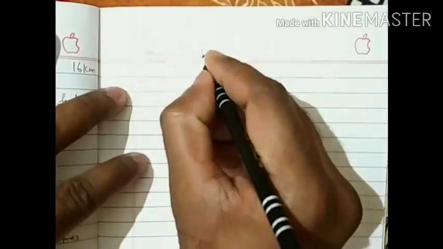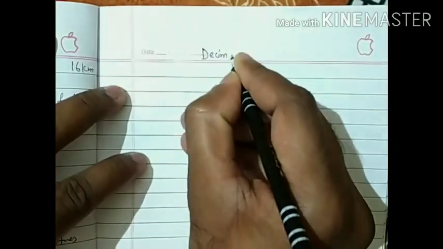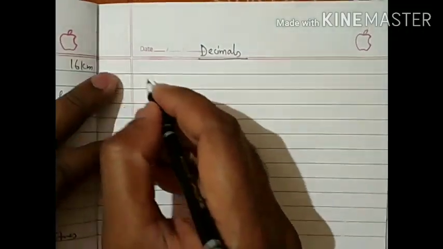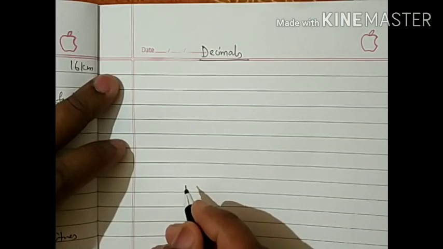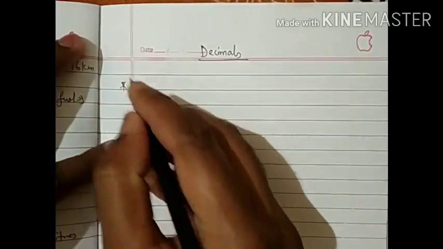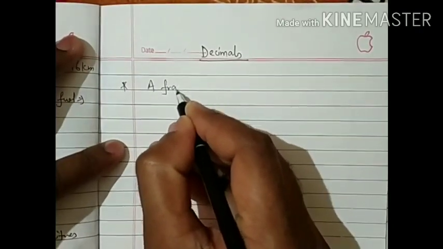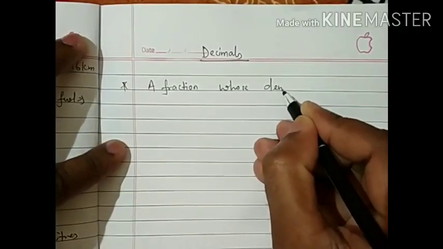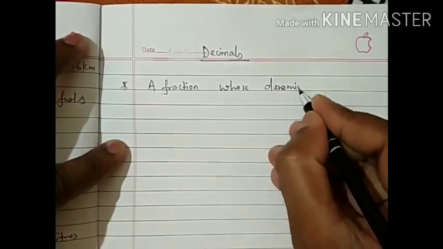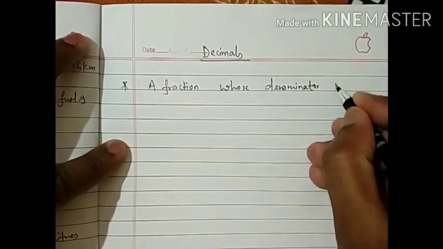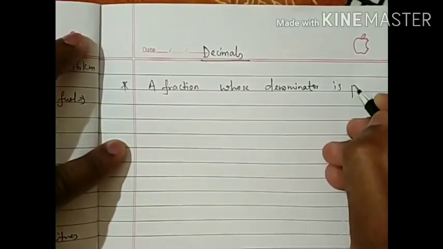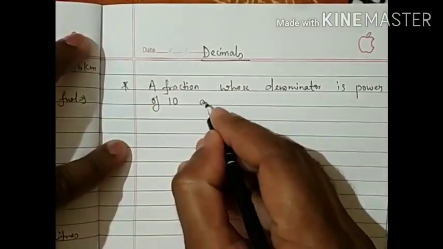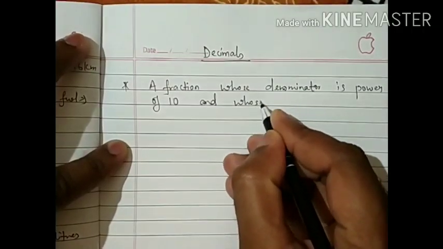Decimals. First of all, we will start with the definition of decimal. What does the definition of a decimal say? A fraction whose denominator is power of 10 and whose numerator